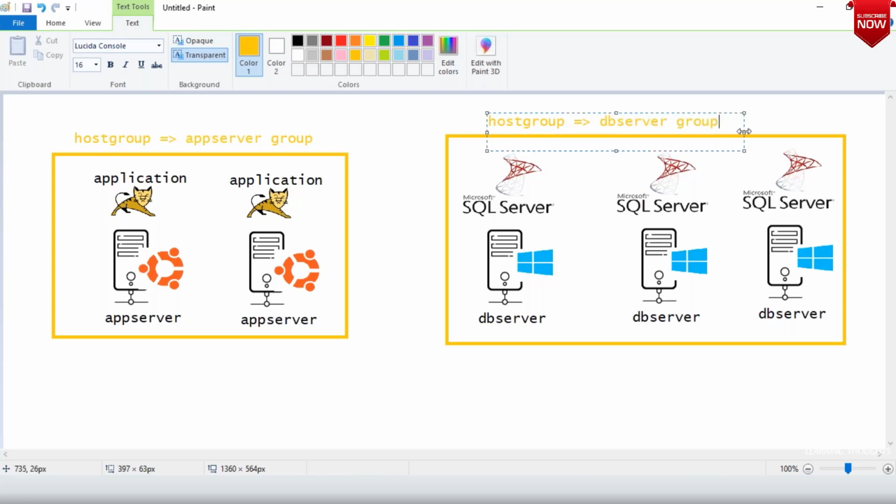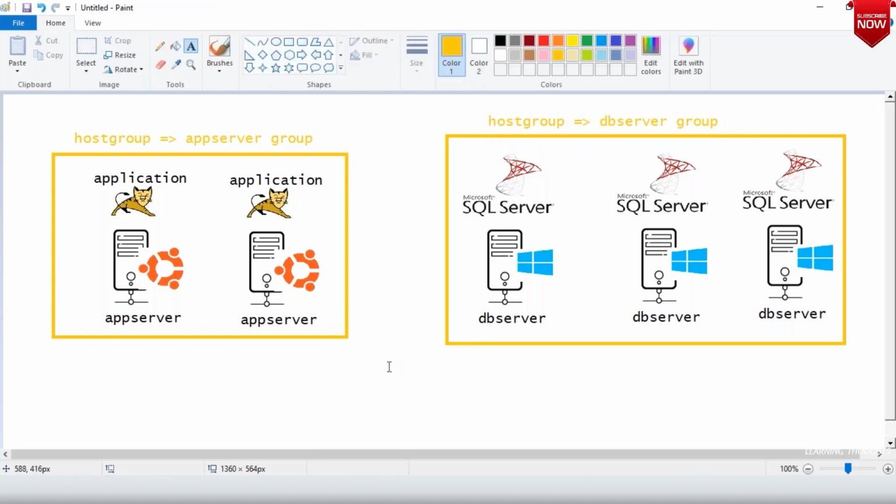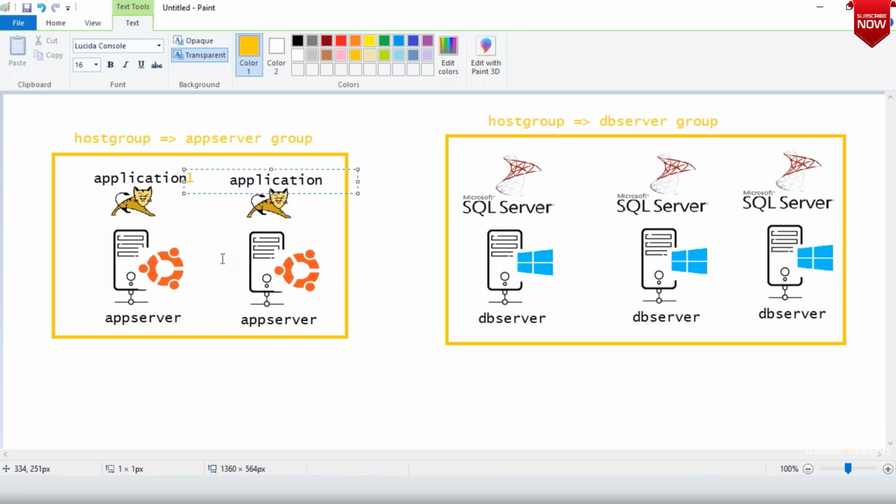Okay, so it is not necessary that a host has to be present in only one group. A single host might be present in multiple groups also, right? So generally you can group your hosts, right? Just for convenience, I'll be calling it as application